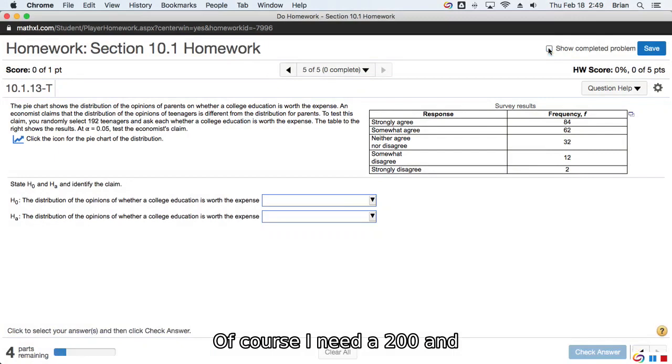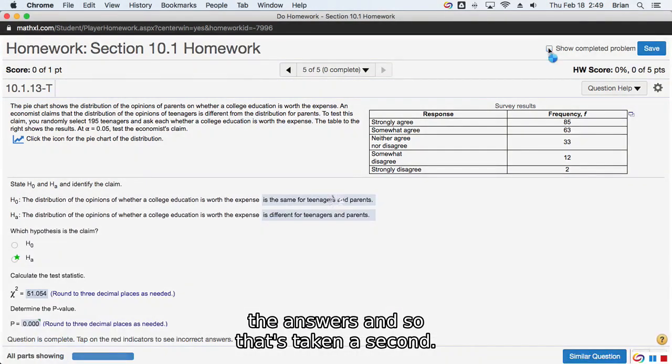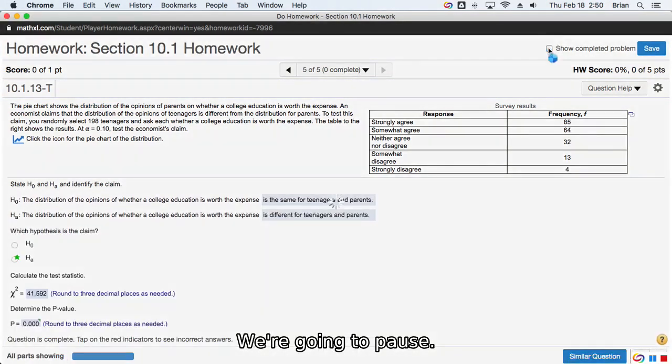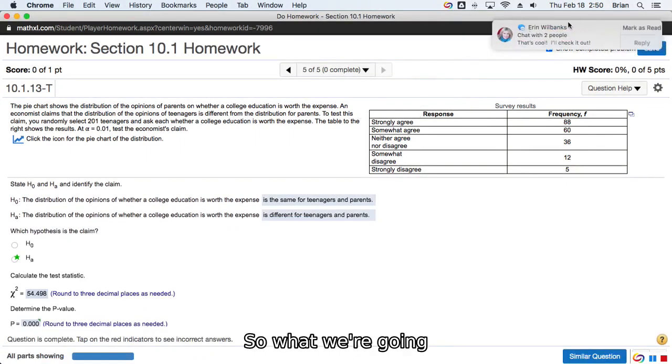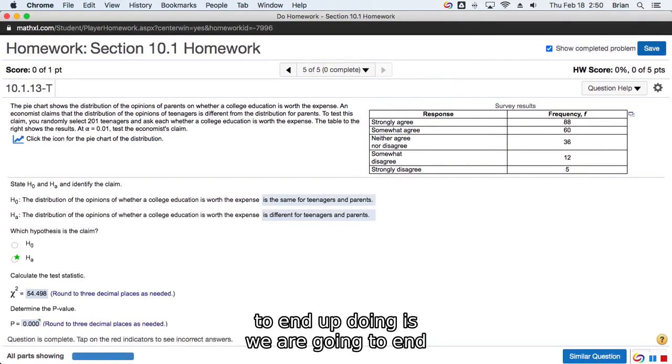Of course, I need a 200 and the answers, since that's taking a second. We're going to pause. You know what? We're going to go with 201. We're close enough. So what we're going to end up doing is we're going to end up taking a look